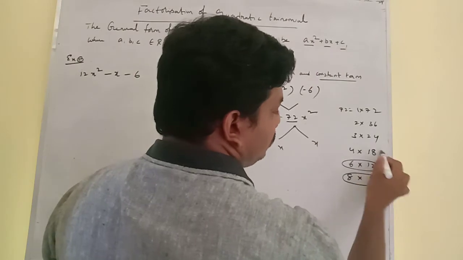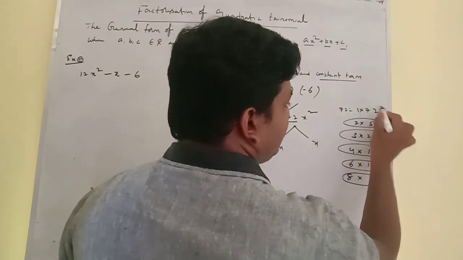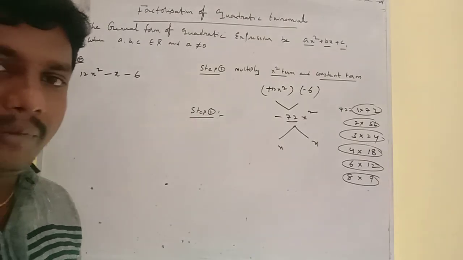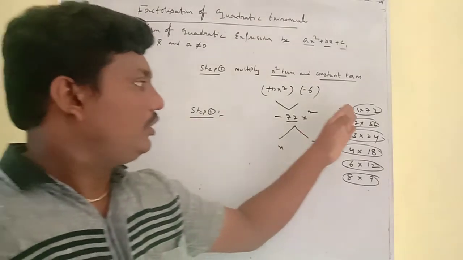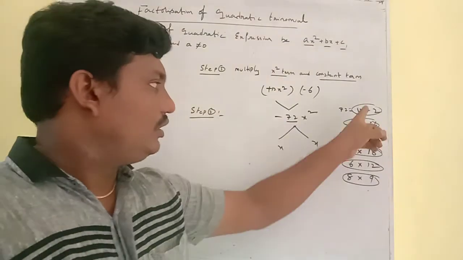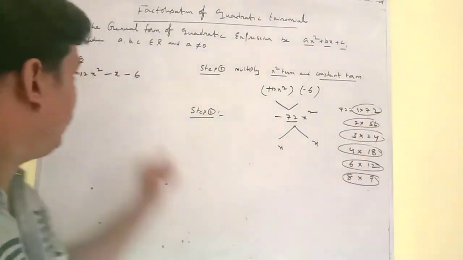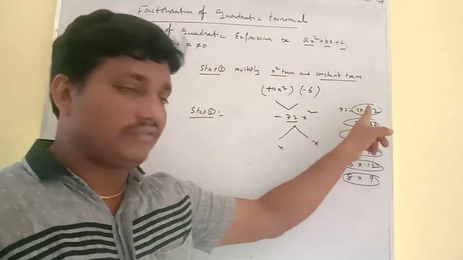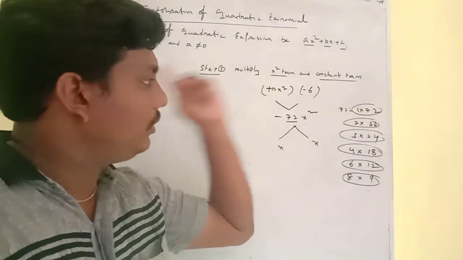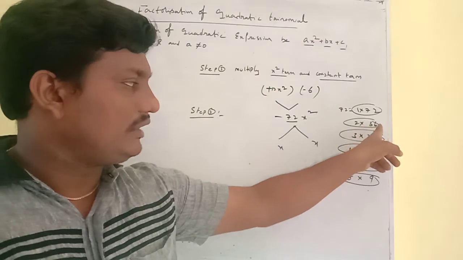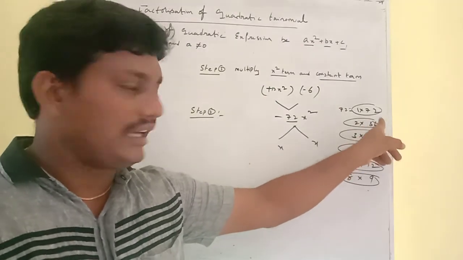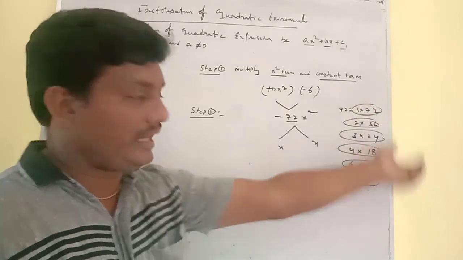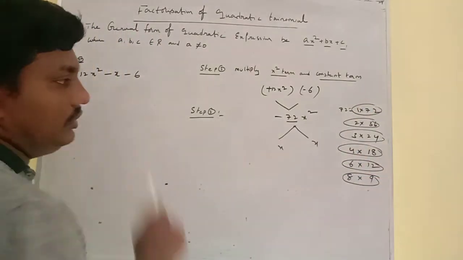1, 2, 3, 4, 5, 6. 6 pairs are there. So in each and every pair we have to select. That is 1 and 72. That is 1 plus 72, 73. Here is 73 there? No. So that's why it is not possible. So 72 minus 1, 71. 71 not there. Then 2 and 36. So 2 plus 36 is 38, and 36 minus 2 is 34. If it is 34 and 38, no, it is not possible.